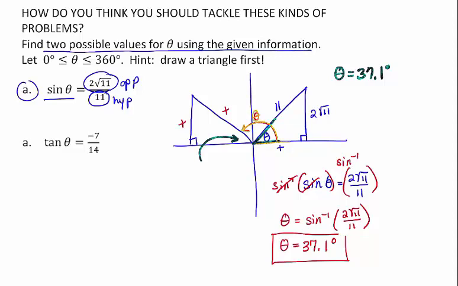So theta could also be 180 degrees minus this gap right here. So if we find our other possible value, which is this angle right here, we would do 180 minus our 37.1, which in this case is the reference angle or the gap, and that would result in 142.9 degrees. So that's our other option for theta. So if theta is in quadrant 1, we're going to get this 37.1 degrees, but if theta is in quadrant 2, we're going to get